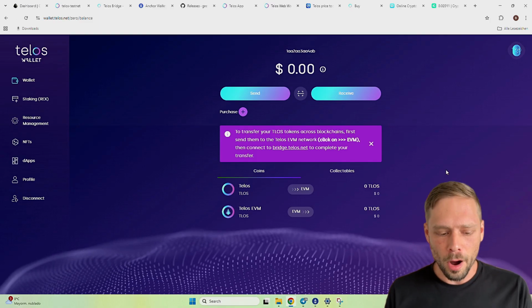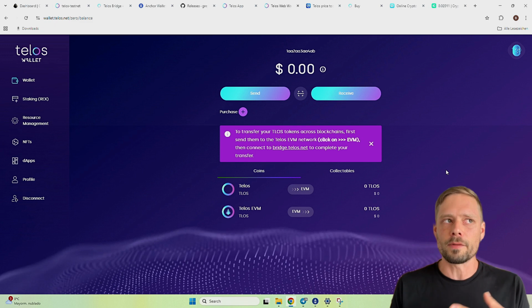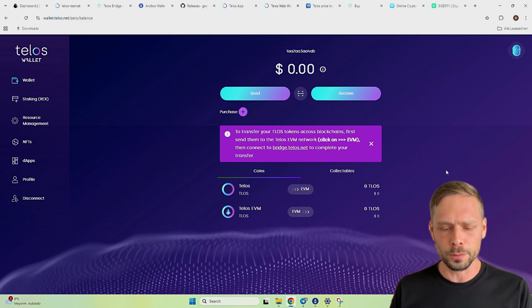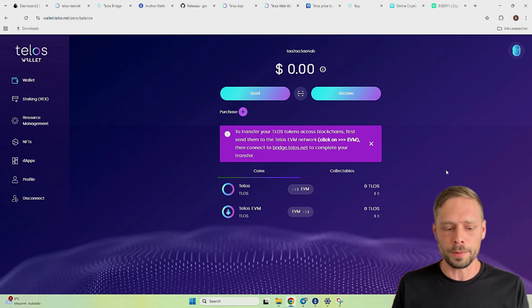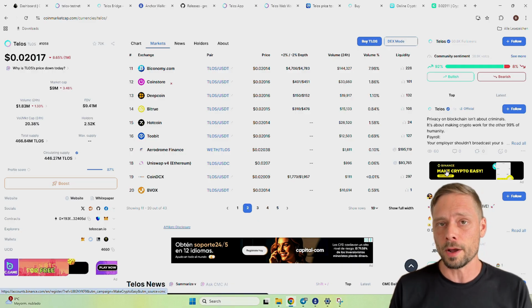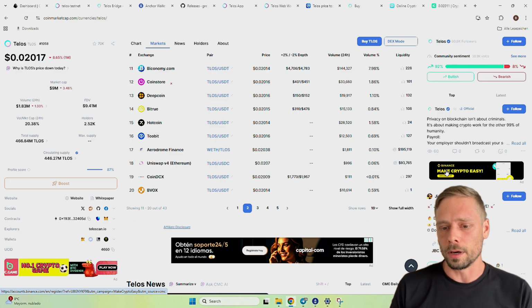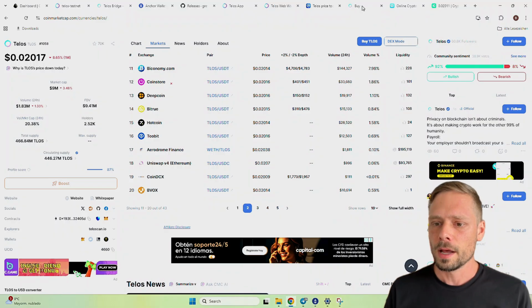And I'm not going to show all of these different ways. Everyone who is familiar with crypto and has ever used a crypto wallet like MetaMask or so should be able to do that. If you have any questions, always feel free to join our Telegram channel. We're happy to help you out there. Or also the Telos Telegram channel. They also have a very active community. And again, the tooling on Telos is really, really nice. It makes it so easy.